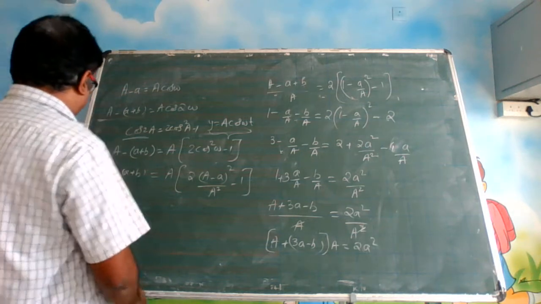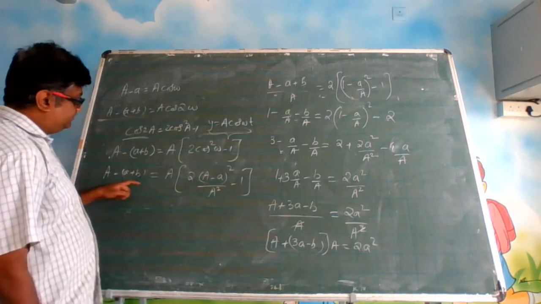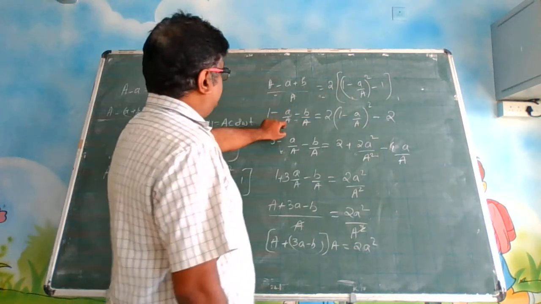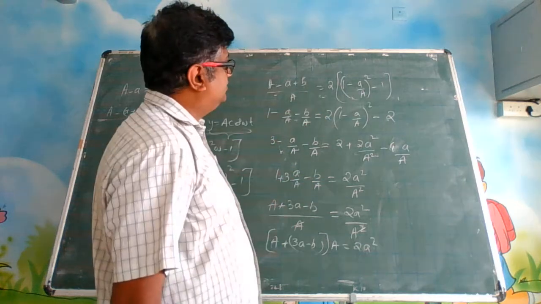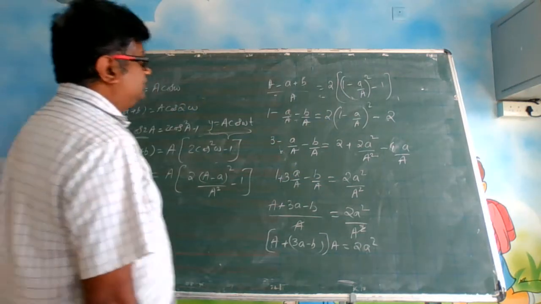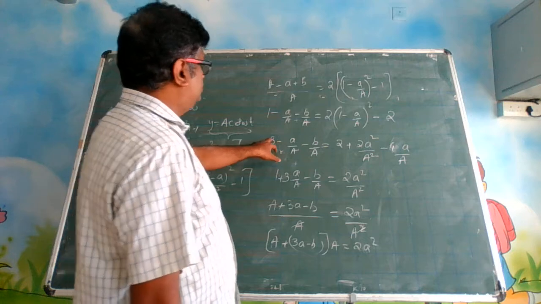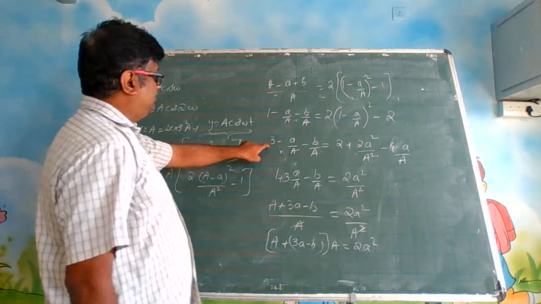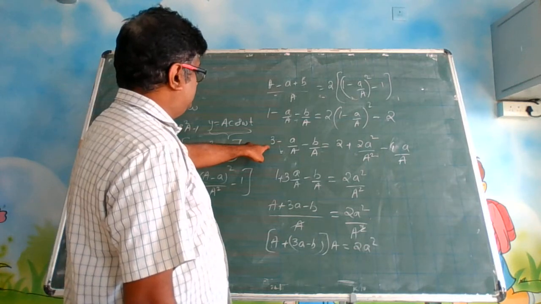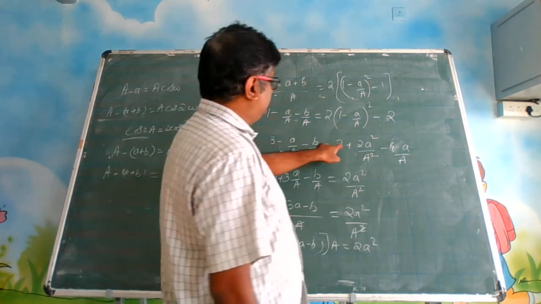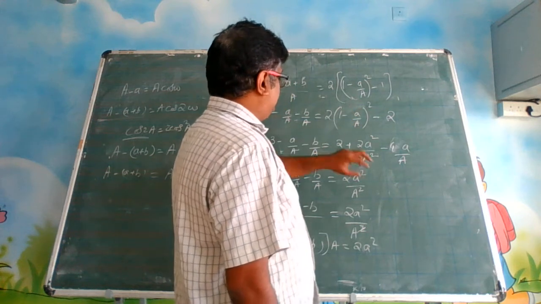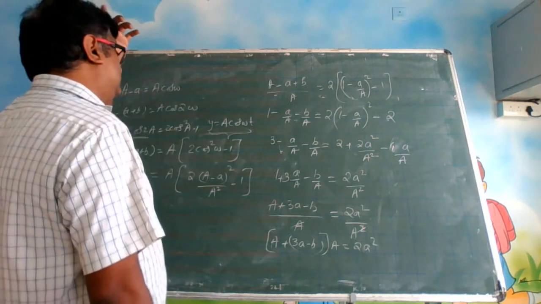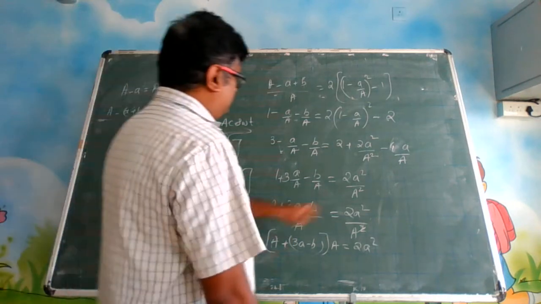Yeah. We have to solve this equation a minus a plus b, dividing both sides with a, 1 minus a by a, b by a, 2 into 1 minus a by a whole square minus 2. So multiplied by 2, it became minus 2, bringing this over here, it became this. Alright. Okay, 3 minus a by a minus b by a is equal to 2 plus, this is a plus b whole square. We will expand this a plus b whole square because it is getting into squares.